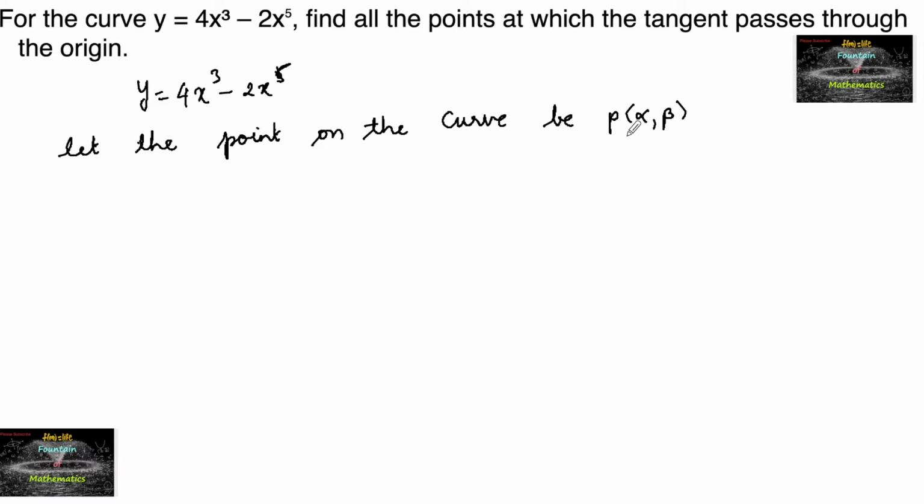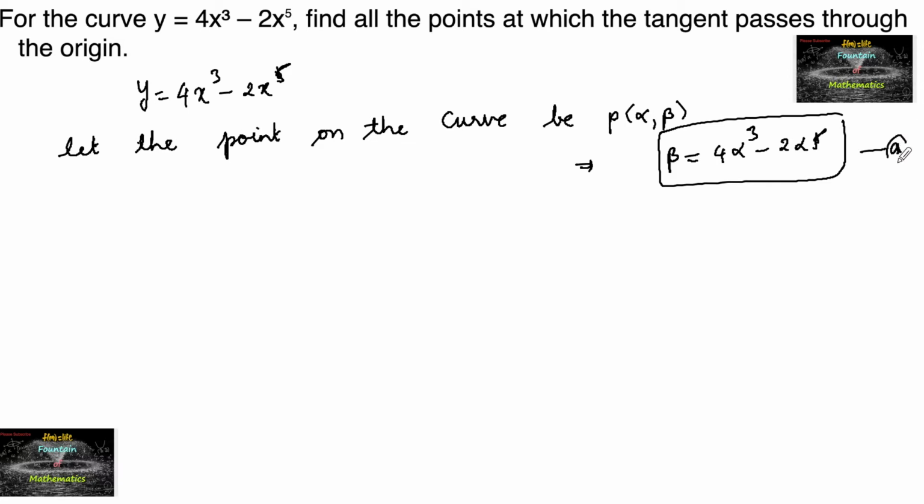Since the point lies on the curve, we can write beta is equal to 4 alpha^3 minus 2 alpha^5. Let us keep this aside, and now let's differentiate the given curve. With respect to x, we have dy/dx is equal to 4 times 3 is 12x^2 minus 5 times 2 is 10x^4,